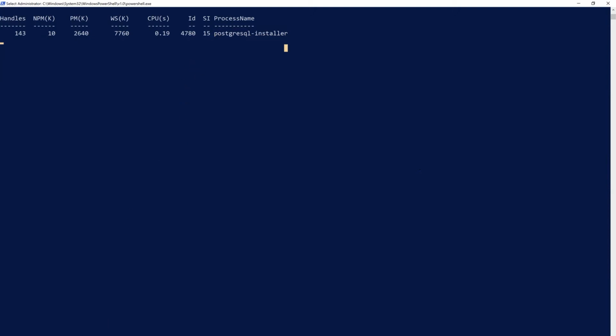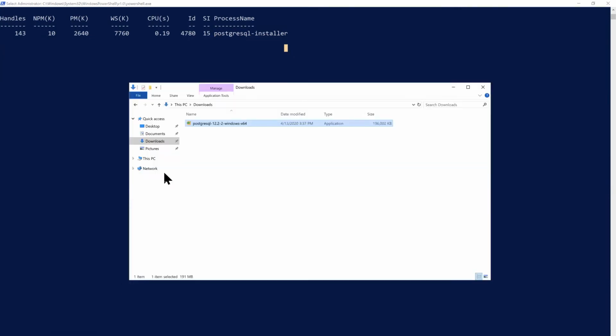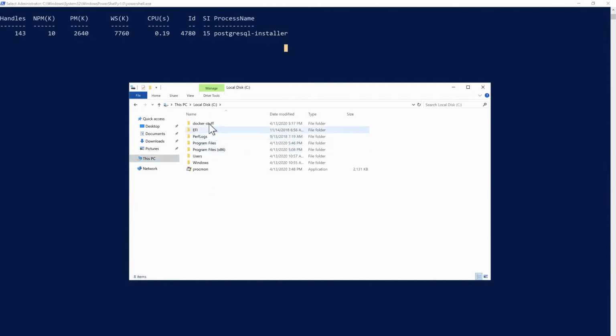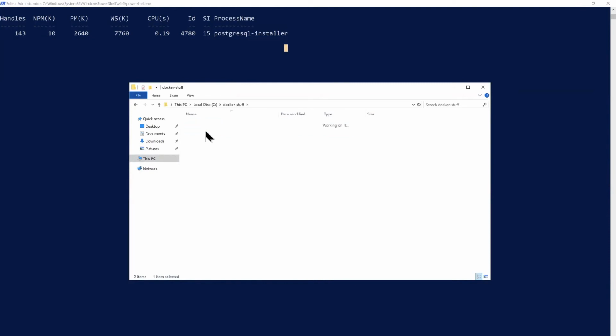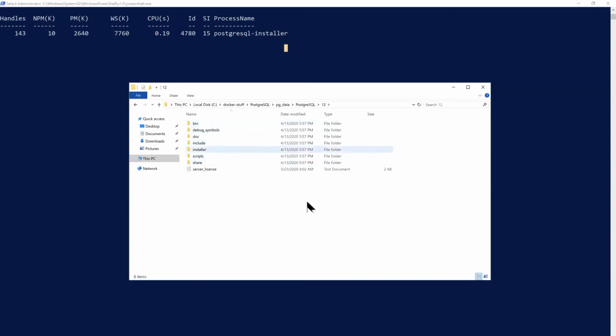So we just mounted our host operating system path inside the Docker container, right? Let's go to the same location, C program files, Docker stuff, PostgreSQL, and inside pg_data, this is the directory that we created. It was just an empty directory, right? Here you can see the Docker container is utilizing this path, and it is storing the data inside it. All right, so it will take 5 to 10 minutes. I'll pause the video here. Once it is completed, I'll come back.